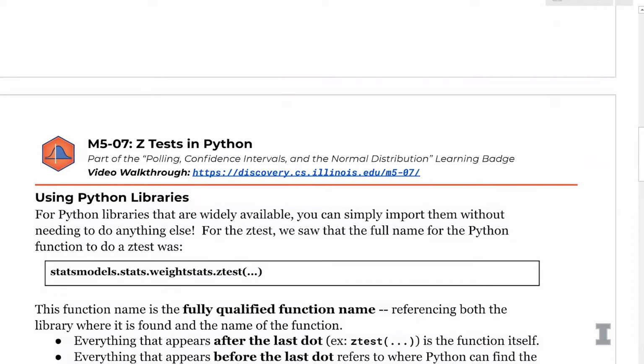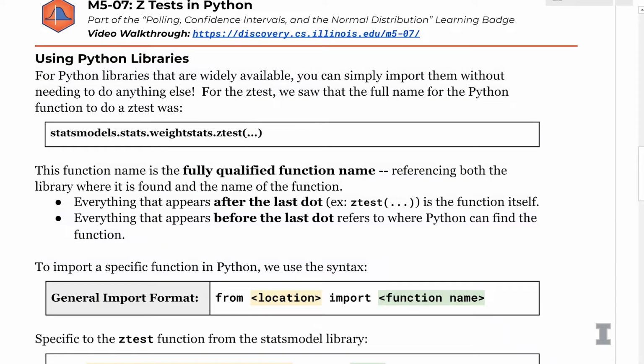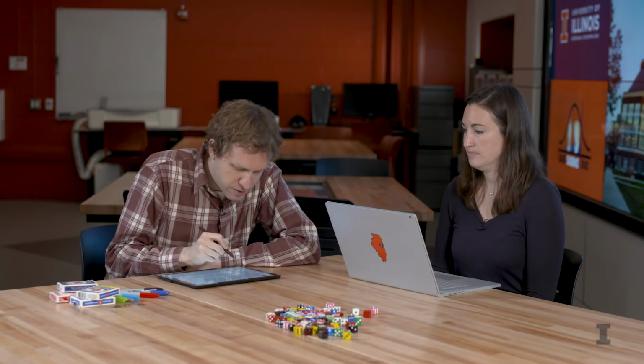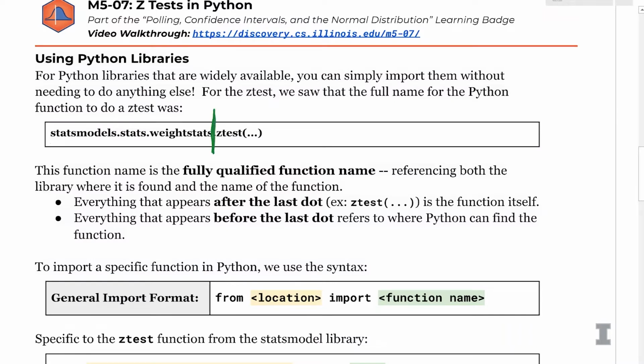So let's go ahead and use this Python library. Whenever you see a new library, you have to import it. Every time we see a library name, it's going to have a number of different parts to it. The generic format of any library is that the documentation gives the fully qualified library name, which includes the name all the way from the base library, so it's going to include a whole bunch of dots. You've seen this in scipy.stats, where we say from scipy.stats import norm. This is exactly what we're seeing here. We're always going to divide this up by the last dot. Everything to the right of the last dot is actually the function name.